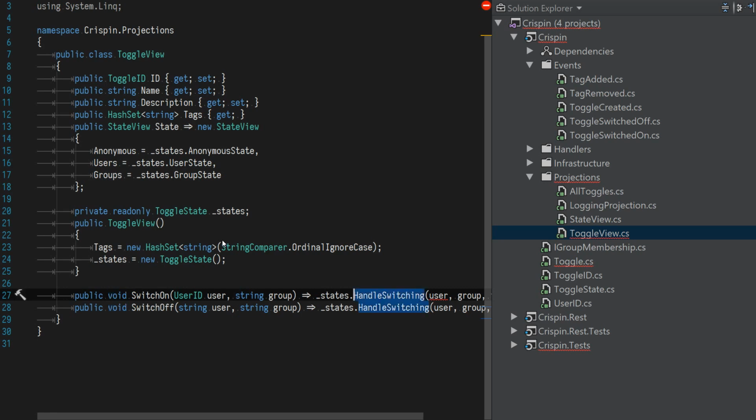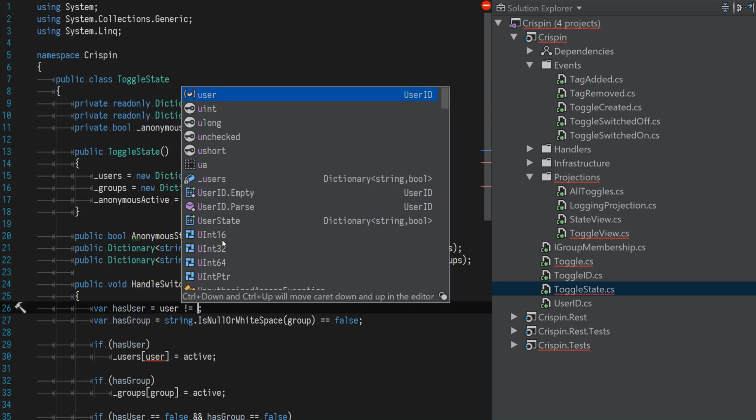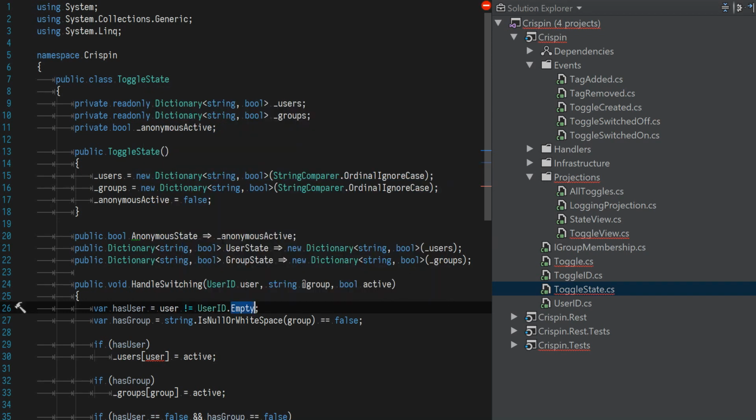And that then calls handle switching, which takes in a user. Now here we've got some validation going on. Is it null or white space? We can't do that anymore because we don't have the concept of a null or white space user, but we do have an empty. So what we can convert this to is just say if user is not equal to user ID dot empty,